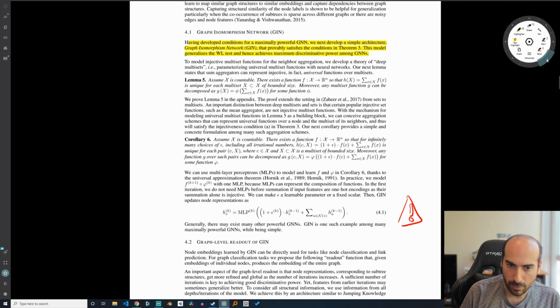Because MLPs can represent the composition of functions, we do not need MLPs before the summation or one-hot encoding. We can make epsilon a learnable parameter. Sure, it's just a way to weigh one or the other. Thanks to the universal approximation theorem, in the first iteration, we do not need MLPs. Oh, I see. So basically, as opposed to taking,